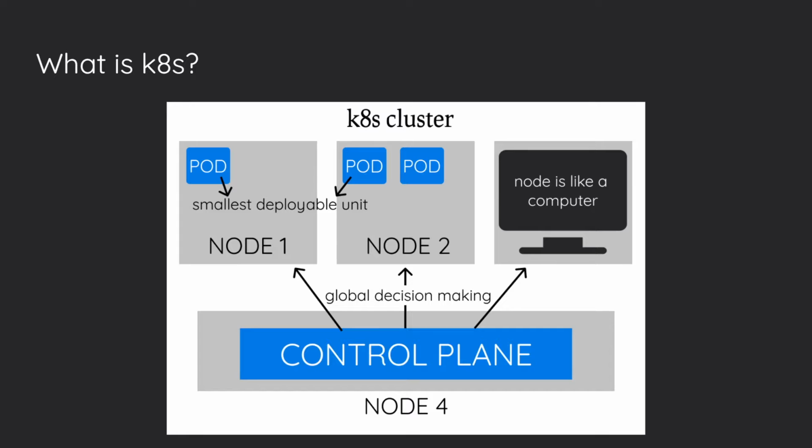Worker nodes host an entity called a pod, which is the smallest deployable unit of computing that you can create and manage in a K8s cluster. Pods can contain one or more containers, and these containers have shared storage and network resources. The contents inside a pod are always created as a single whole unit with a shared context. For example, if a pod is specified to have 3 containers, then any copy of the pod will always contain